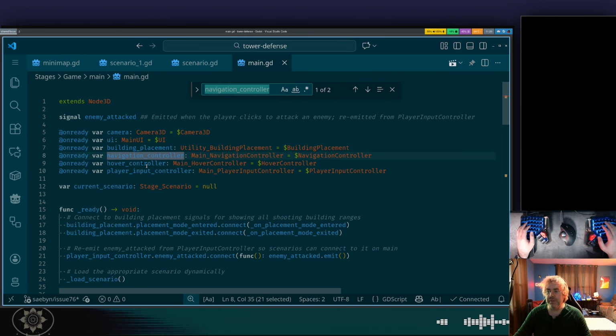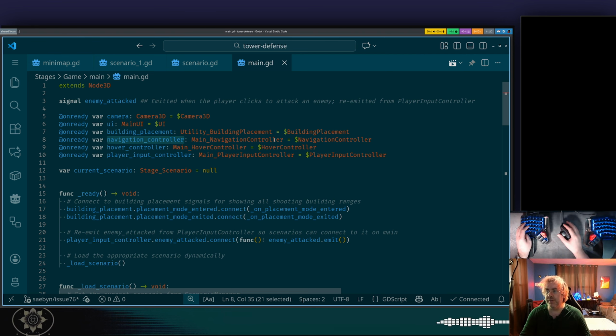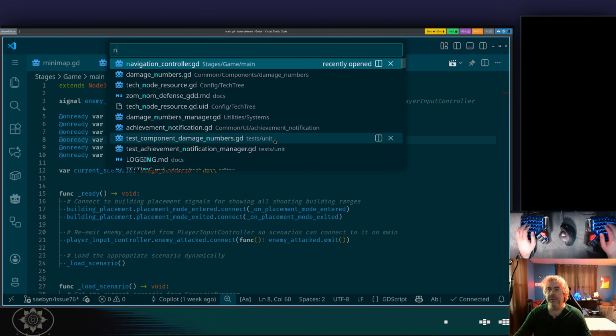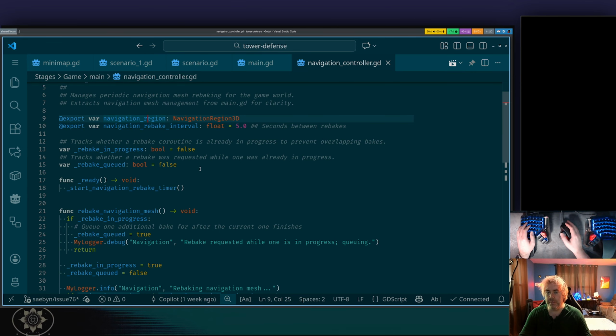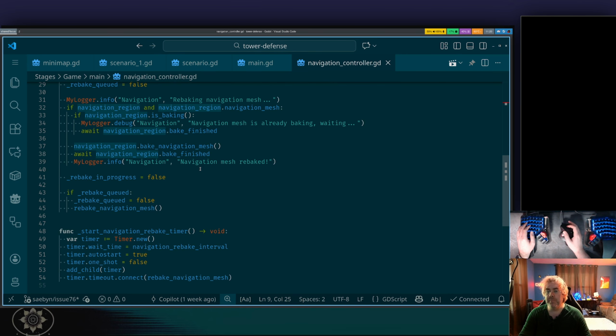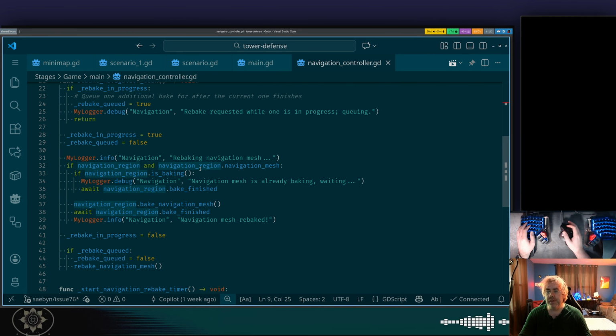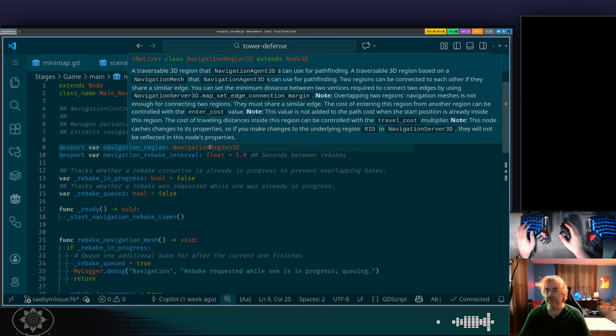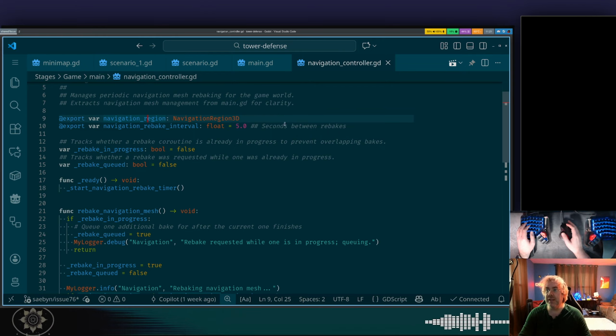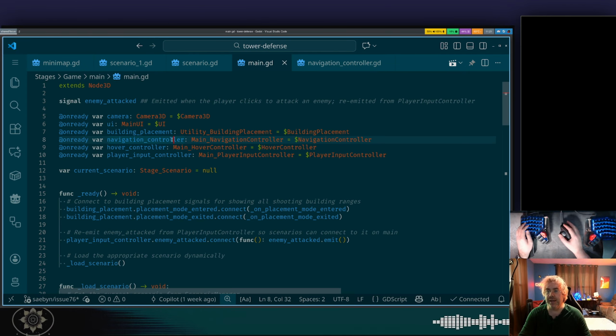So that's the only thing we're using this navigation controller for. So if I look at the navigation controller, this is a script that has a reference to the navigation region and just handles rebaking the nav mesh for pathfinding. So maybe the first thing that I want to do is look at